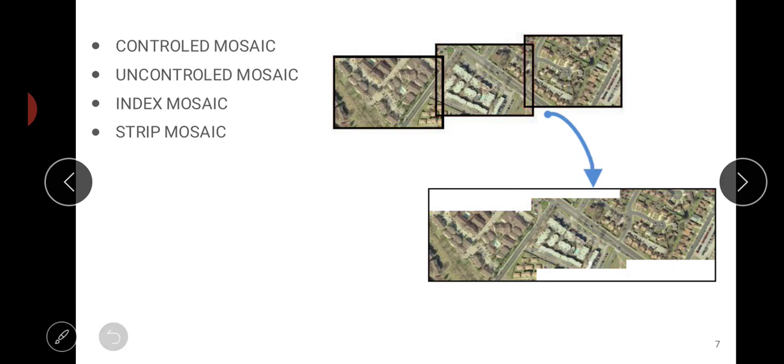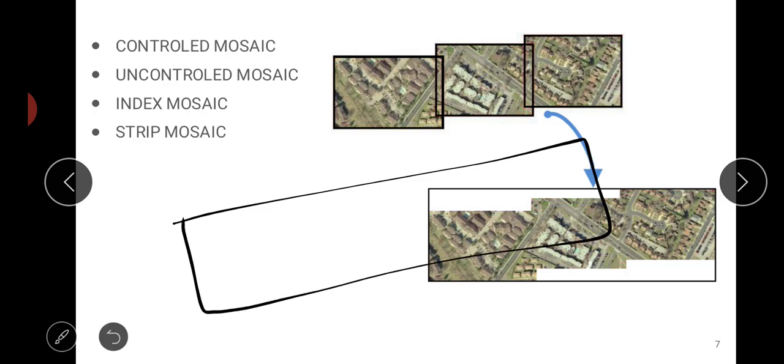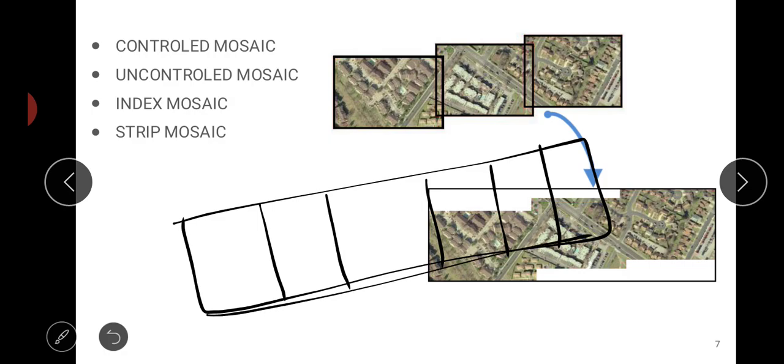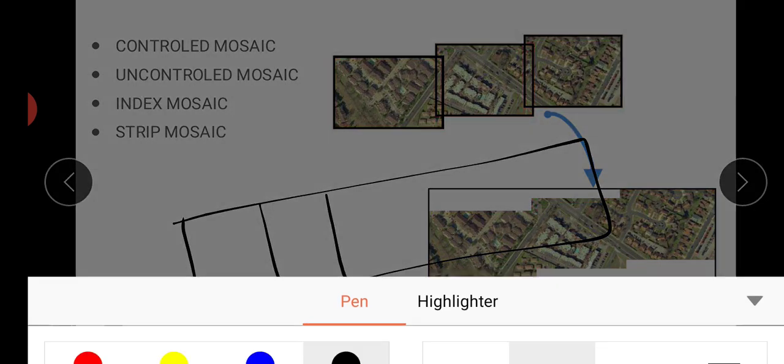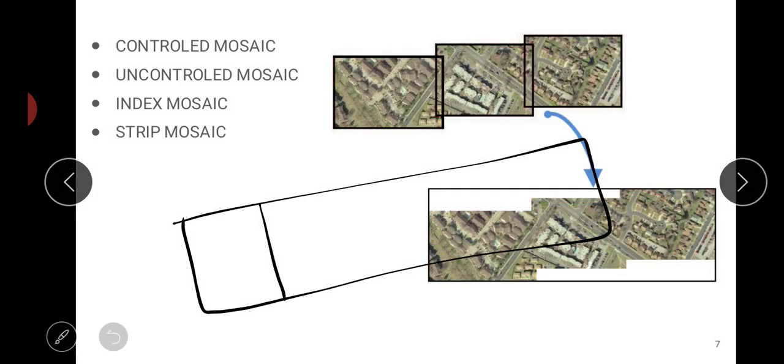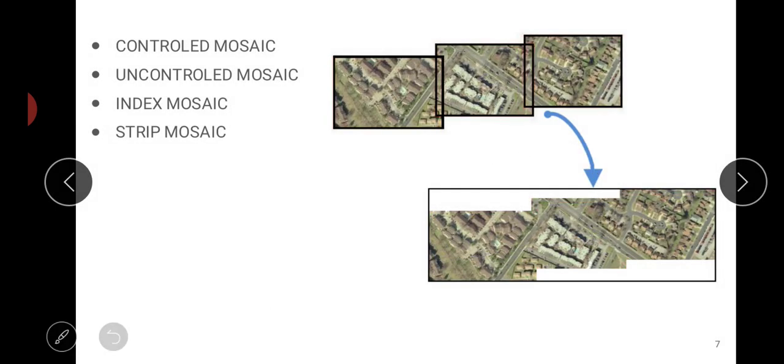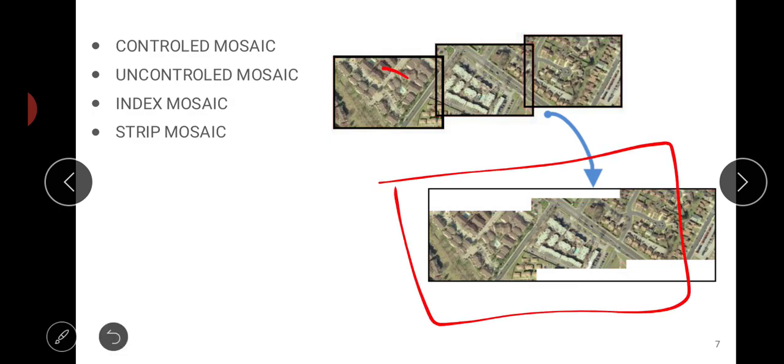Now what is a strip mosaic? Strip mosaic is the assembly of the photos in a single strip. When a series of photos are arranged in a single strip, that type of mosaic is called a strip mosaic. This is an example of a strip mosaic, wherein this is the first image.